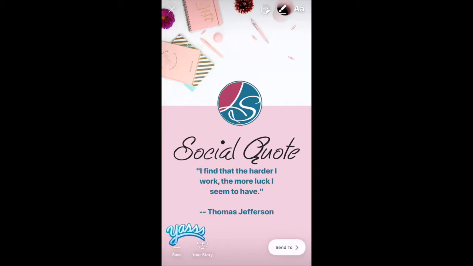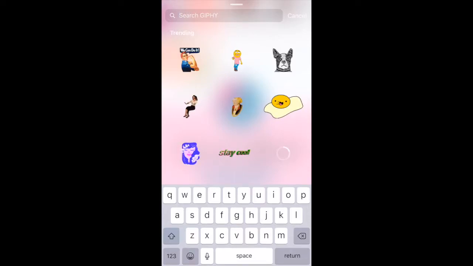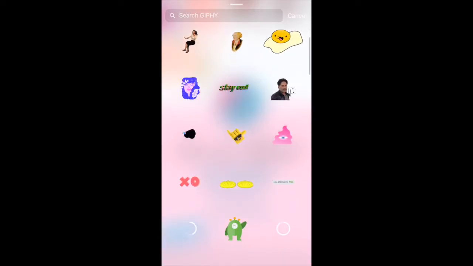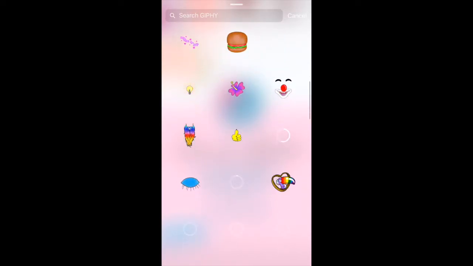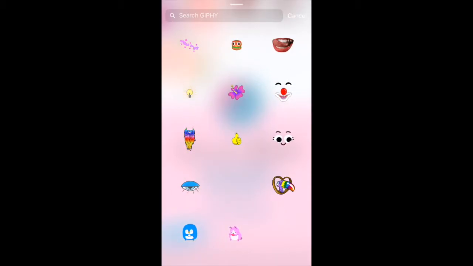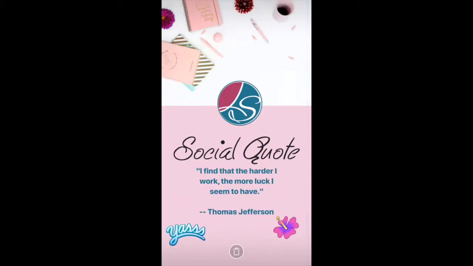and so I'm going to put that over here, and then I'm going to look for a GIF, and let's see what they have suggested here. I'll just put this in there because it's pretty, and it adds just some excitement to my Instagram story. Now to get that on my story, I'm going to go ahead and tap in the lower left corner where there's a plus with a circle around it, and plus to my story. So it's adding to my story right now,